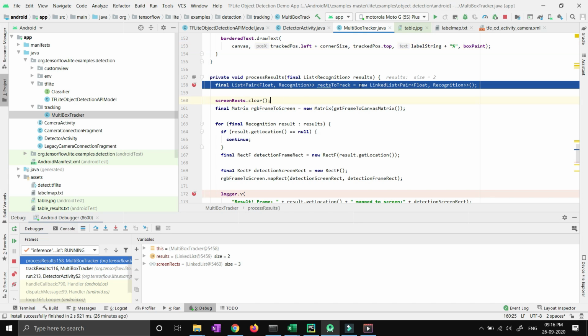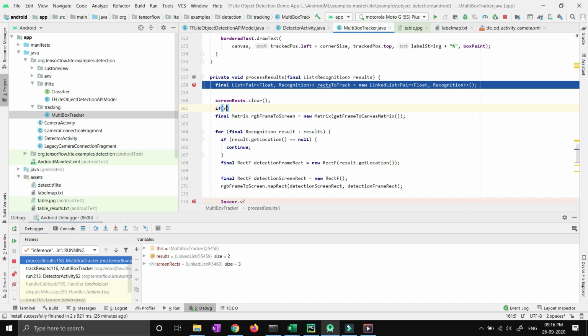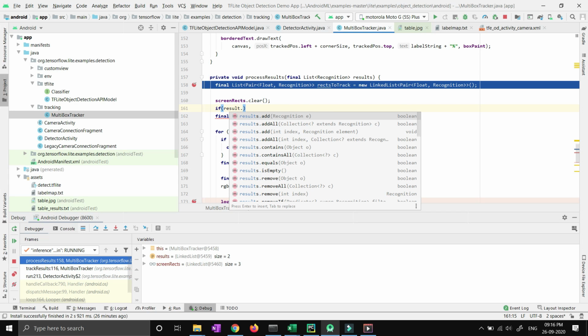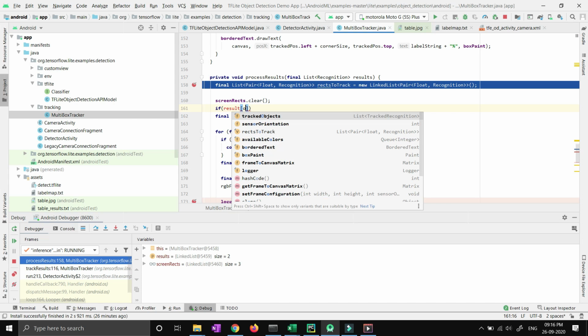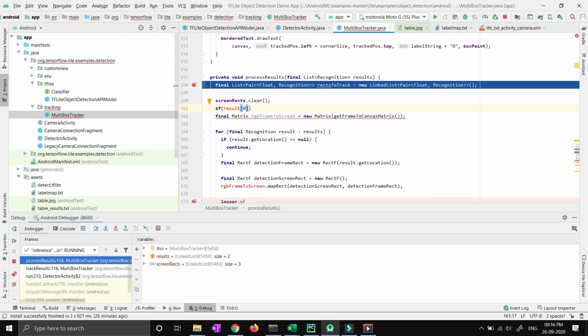Now after detecting this result, you can implement your own code, like if you want to implement some voice implementation. You can do if result has something, or on 0th position if result has something equal to something like this. I'm not telling you the code as of now because I don't know what you have to implement, like if else condition or something like this. But as of now, just understand, if you are putting some effort, then just implement it in your own way. Just implement the voice.